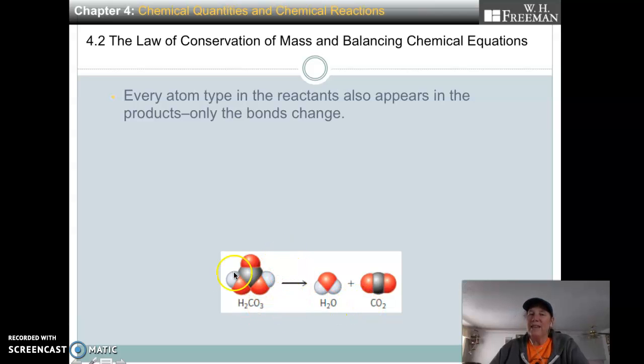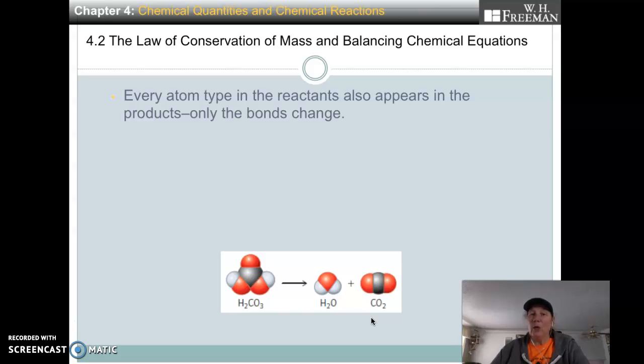So it's like this half versus that half, okay? They don't have to be, you know, like here the O3 doesn't have to be together. In this case, it's split between two. Okay, so whenever you're doing an equation, you get your reactants and your products, and then you have to make